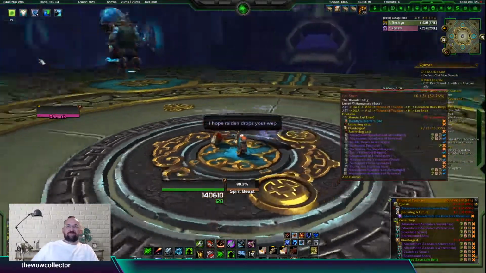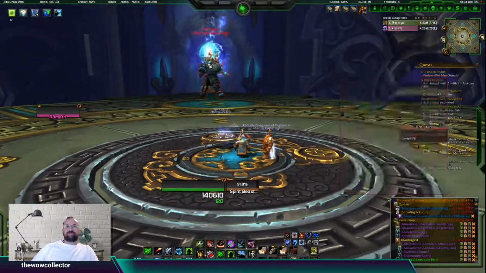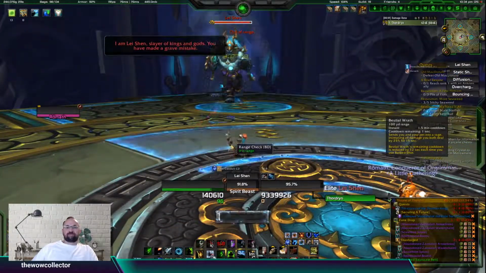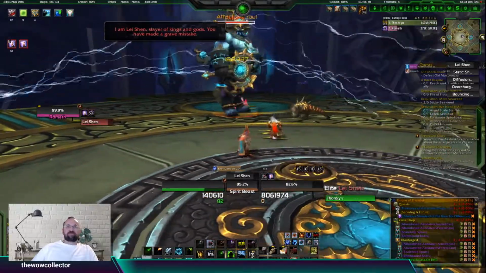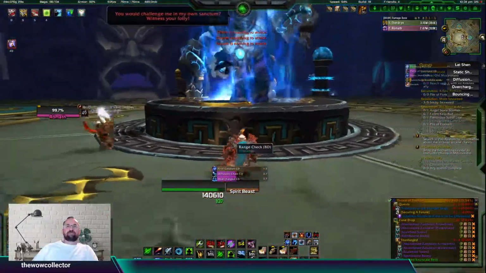Three things that dropped that I saw were leg plates of whipping ionization for plate wearers, gloves of the main vizier for cloth wearers, and leggings of the violent gale for mail wearers. So it brings us to 24 drops. The reason why I'm telling you this is because,